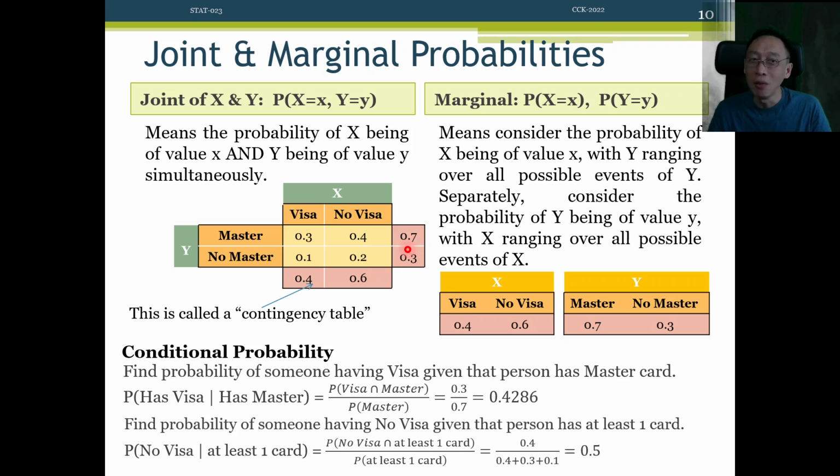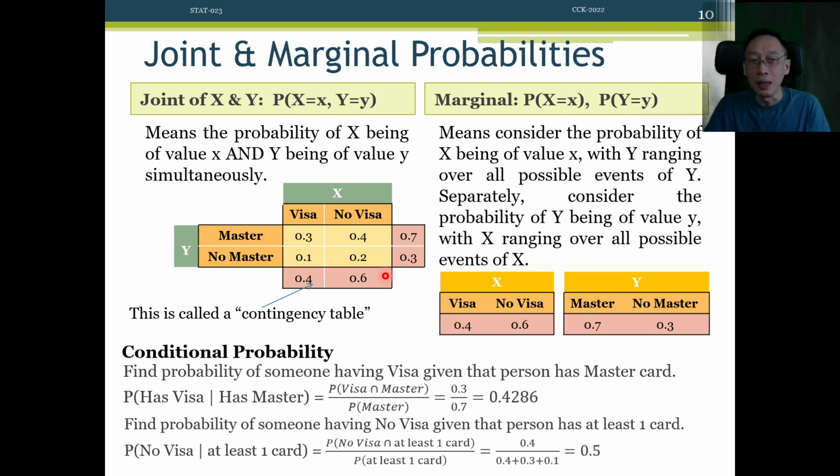So again, don't let the word marginal affect your understanding as if they were incremental or something different. No, they are still just probabilities. They must add up to 1. They must be non-negative, right? Except marginal probabilities are formed when we are talking about it in the context of a joint probability table like this. So in the context of a joint probability table,